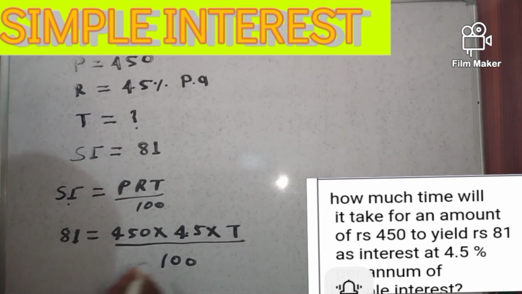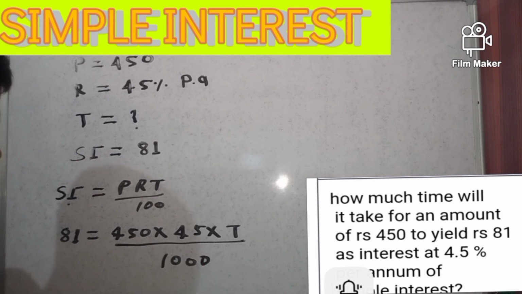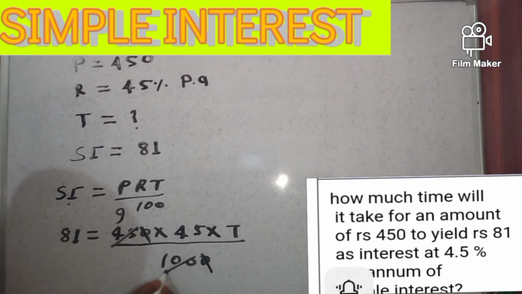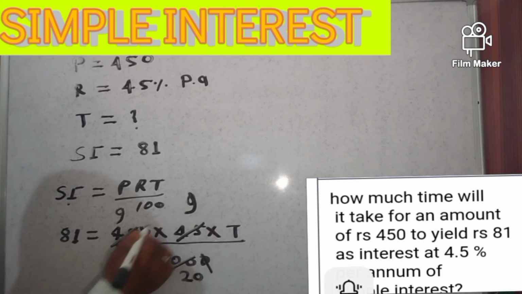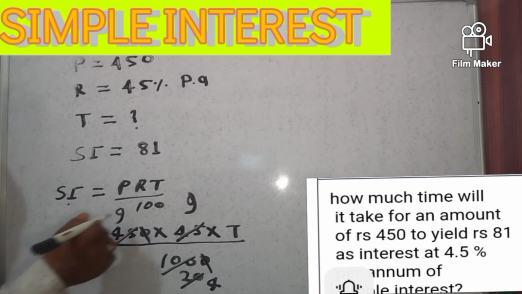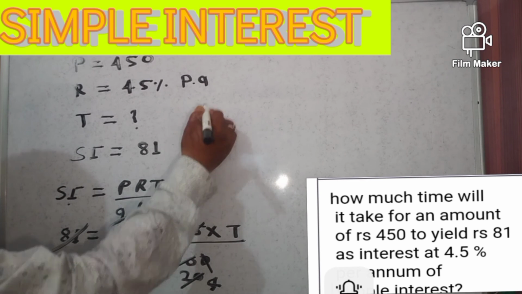So remove 0 will be here 1 again 0, right? So 0 and 0 cancel. 5 9 ja 45, 5 20 ja 100, 5 9 ja 45, 5 4 ja 20, 9 9 ja 81, so 81 and 81 cancel, right? So T by 4